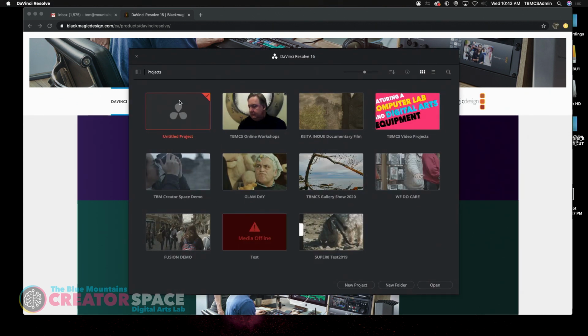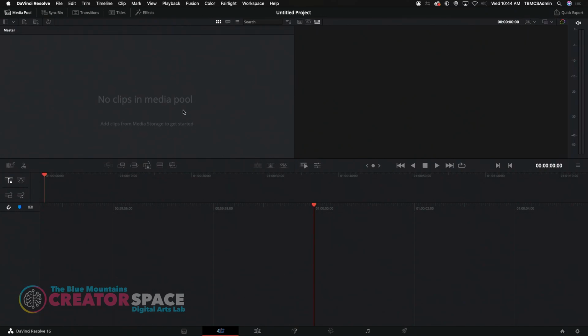And then what I'm going to do is, this is called your projects page, and this shows all the different projects that you've worked on, and it's basically a directory of what you're working on. So what I'm going to do here is just create a new project. So I'm going to just go to, it basically has an untitled project right here. So I'm going to click on that, double click on that,